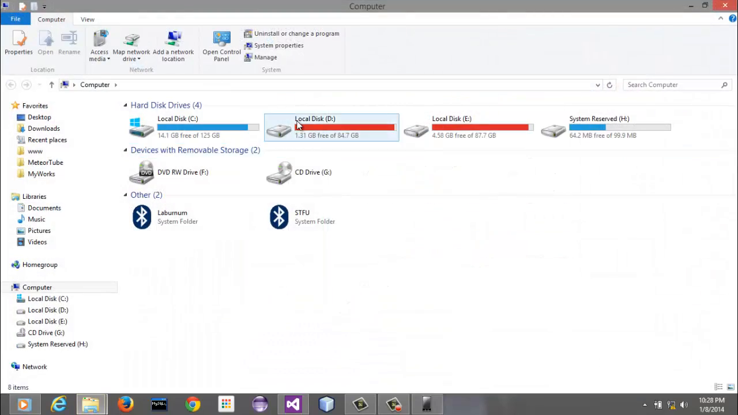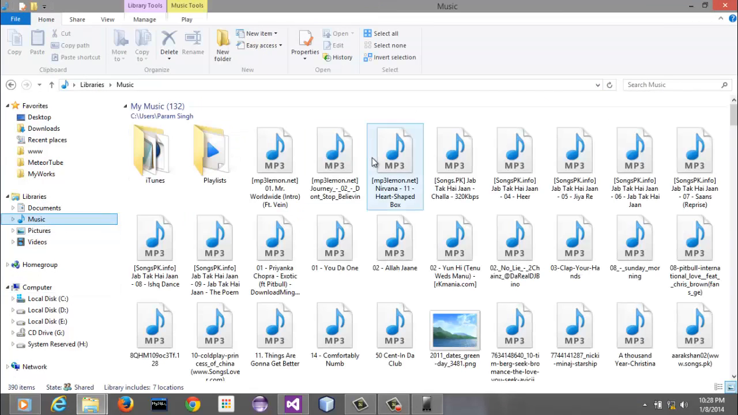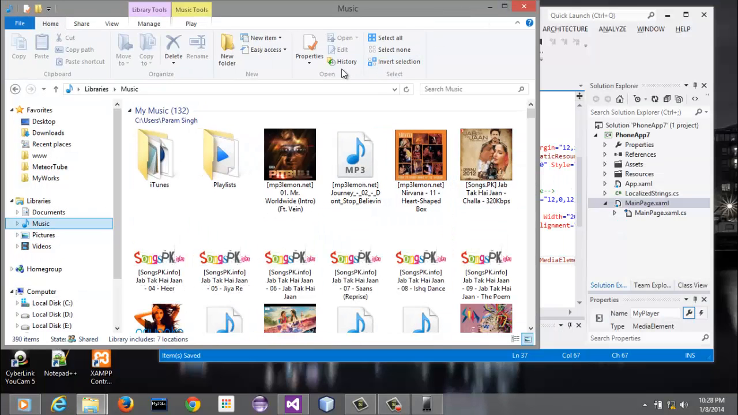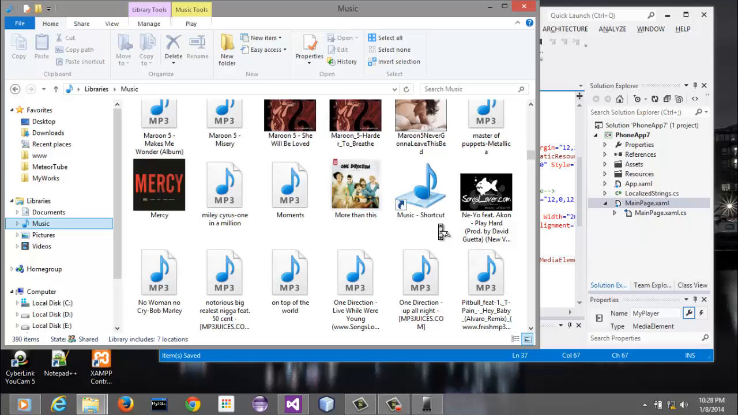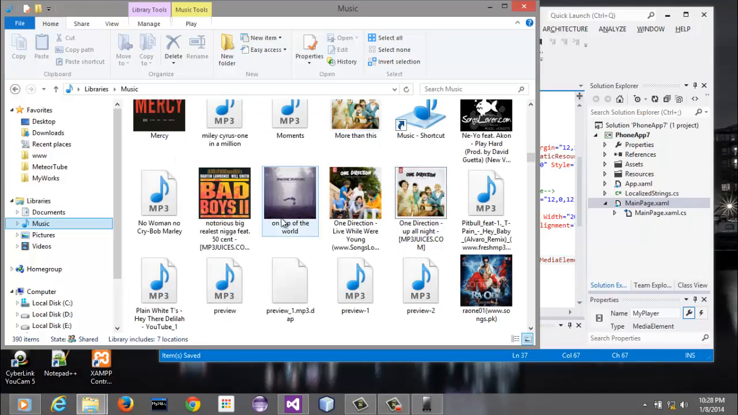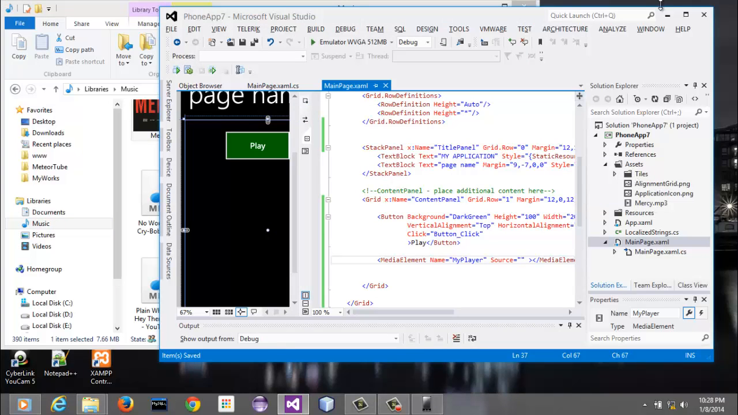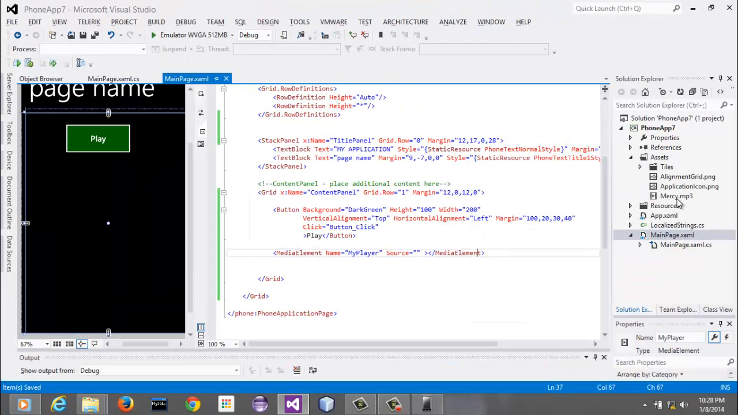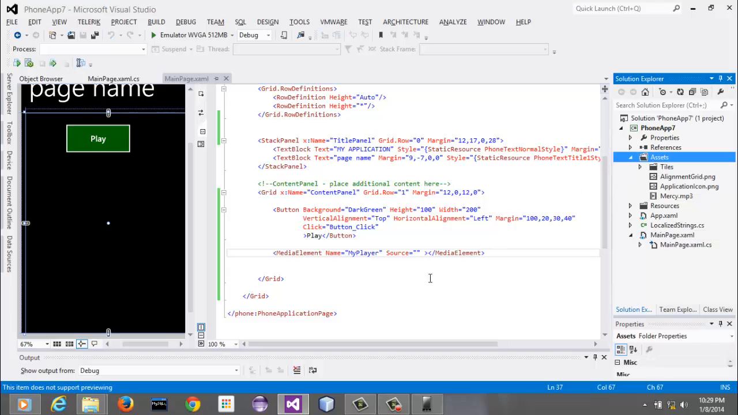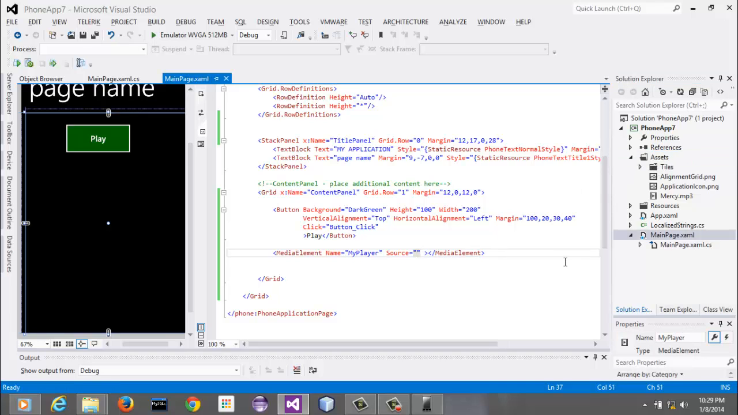So let's see, on my computer I'll go to the music folder and I'll get a song. Okay, just drag that particular song to the assets folder inside your app. See, this mercy.mp3 is inserted inside the assets folder. Now we can set the source as